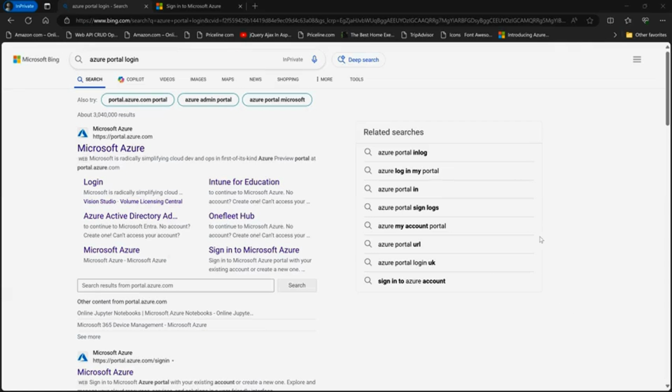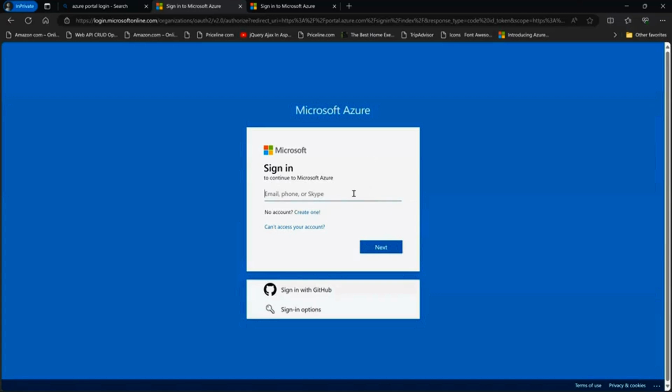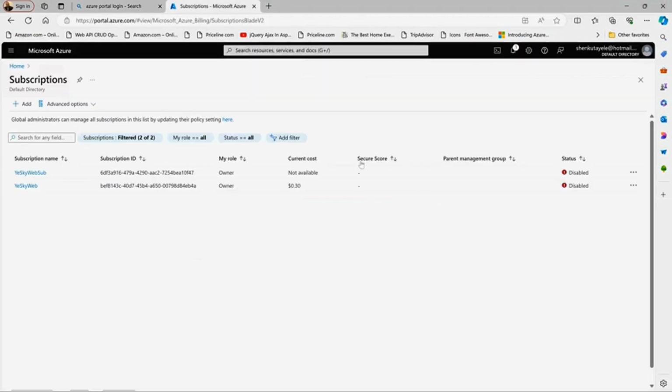So now let's go to the Azure portal. Once you click this Azure portal, you can see this option. Either you can log in with your existing credential if you have one, or you can create one if you don't have an Azure account. I already have an Azure account, so I will log in with my credential. So I provided my credential and I am in the